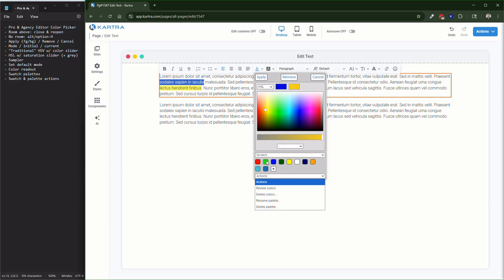Normally, if you click on a palette swatch, it will just directly apply that color. So like if I click this, it would be equivalent to going to that color and clicking apply all in one action. If you want to see what that color is without actually applying it, you can select review colors